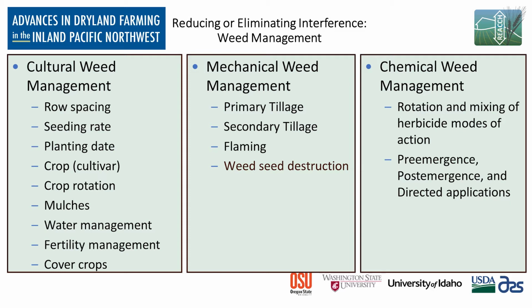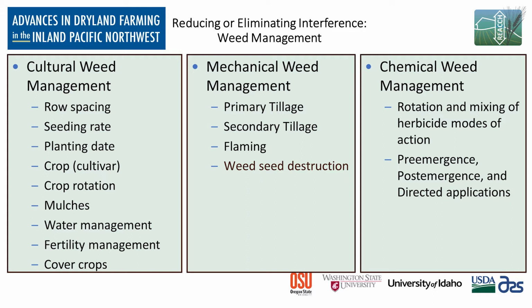In addition to that, there's mechanical weed management, including primary and secondary tillage. Primary tillage usually is thought of as the tillage that occurs in preparation to plant your crop, but it also can have a profound impact on the seed bank, particularly if you use inversion tillage and you're capable of burying the seed to a depth where it can't germinate and emerge. Secondary tillage is primarily thought of as the tillage we use to manage weeds, either before or during crop growth and development,